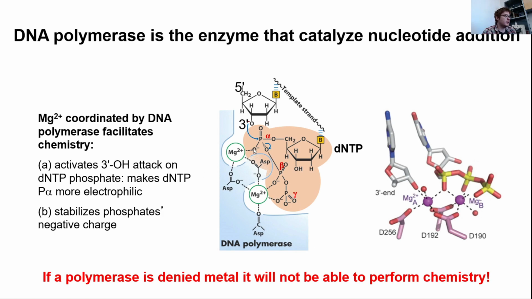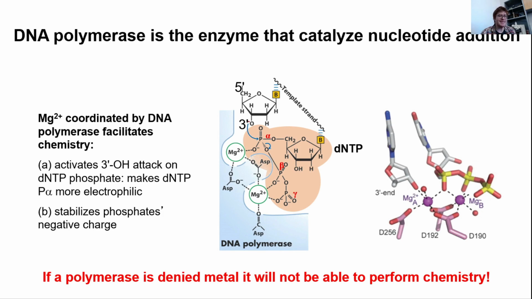So one, the positive charges can help facilitate the activation of your 3' hydroxyl here to make it more nucleophilic. So this is going to help with making the 3' hydroxyl primed to attack our dNTP. And then the other thing that the polymerase can do that's really helpful with these metal ions is those